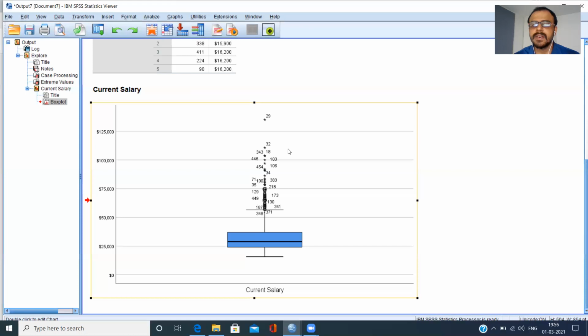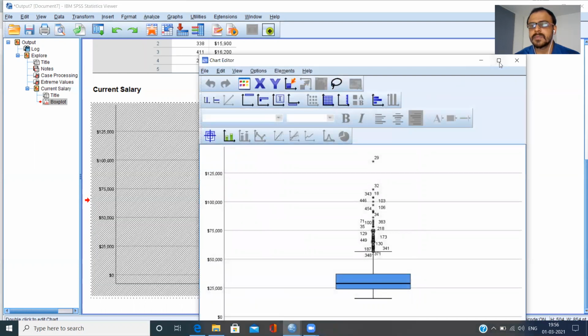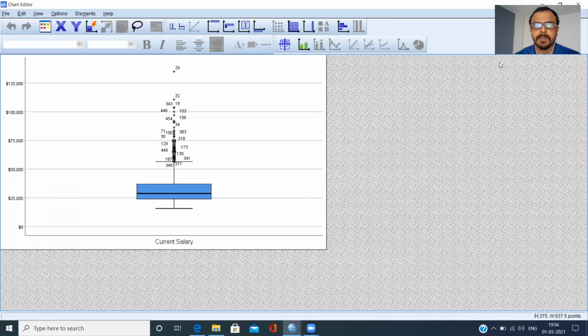Now, it becomes a bit difficult if you have 12 values. How do you choose each value, go back to the data set, and identify that? Doing it manually becomes very difficult. So how do you do this? You just double click on the chart. The chart editor window opens up. Now here, you can just select the outliers by one gentle click. If you click multiple times, too many windows open up, and it leads to a lot of confusion. So just one gentle click is sufficient to select all the outliers.